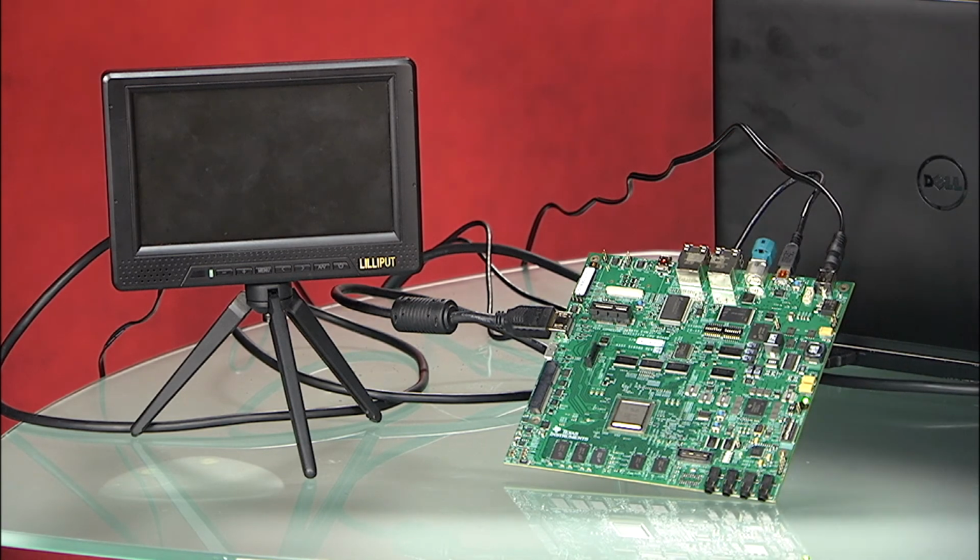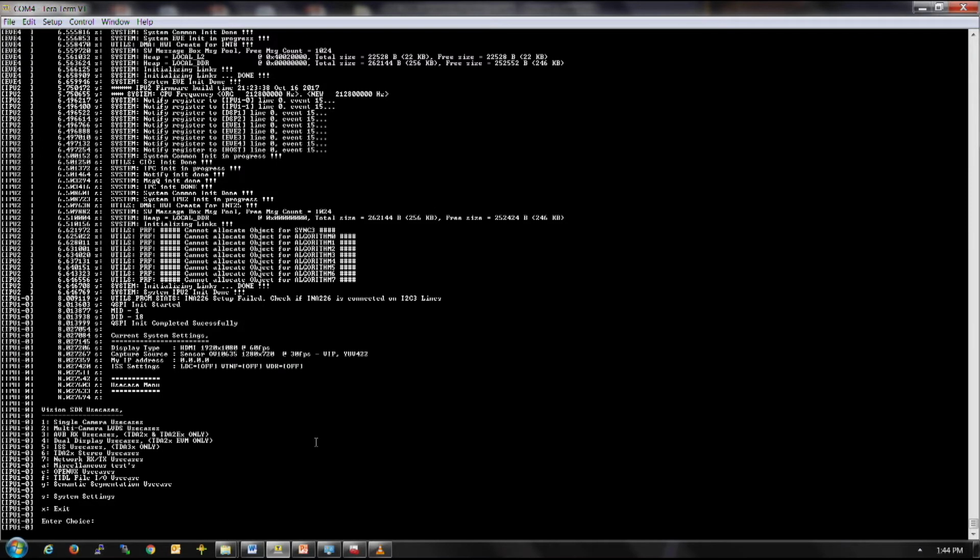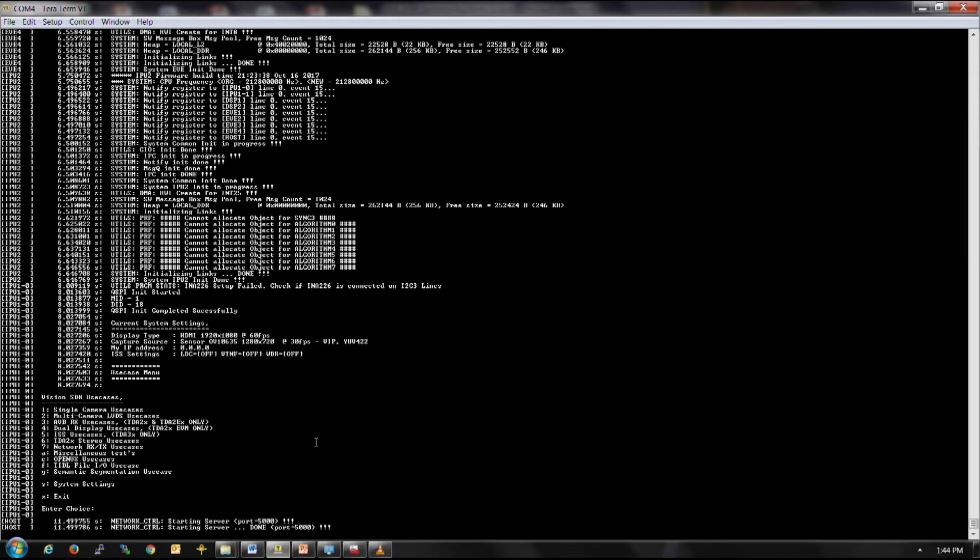If the binaries are copied correctly to the SD card, then the EVM typically just boots properly. As you can see in Tera Term, this is my serial terminal window. As the EVM boots, you get a bunch of booting messages. First, the standard bootloader loads, it loads the application image, and then it boots and stops at this prompt.